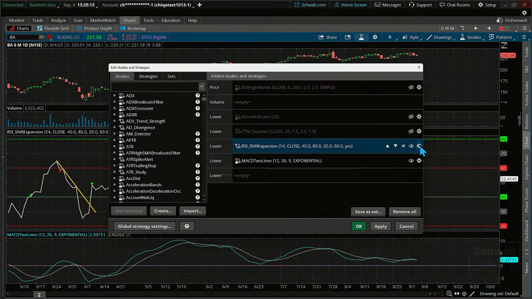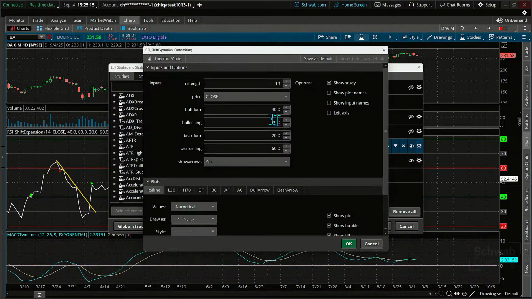Setting this up here, you can shift the expansion zones if you want over here. You can have the arrows, yes or no. I mean, the arrows are really a key part of it. What I could do is I could adjust this for you guys just to put in green arrows or red arrows, but these are always so nice just to have these customizing options in here. I did change it in case you wanted to highlight different areas.